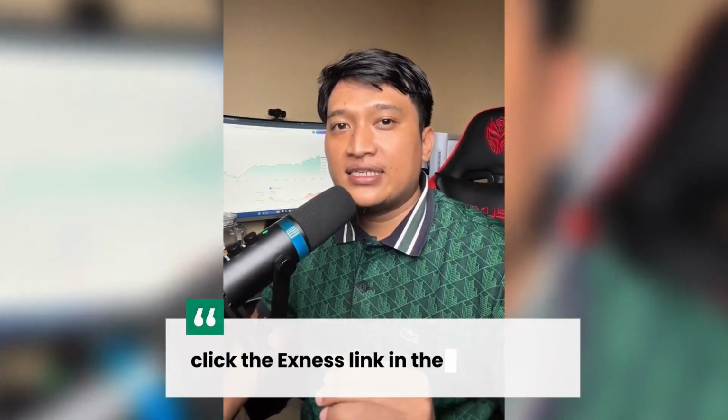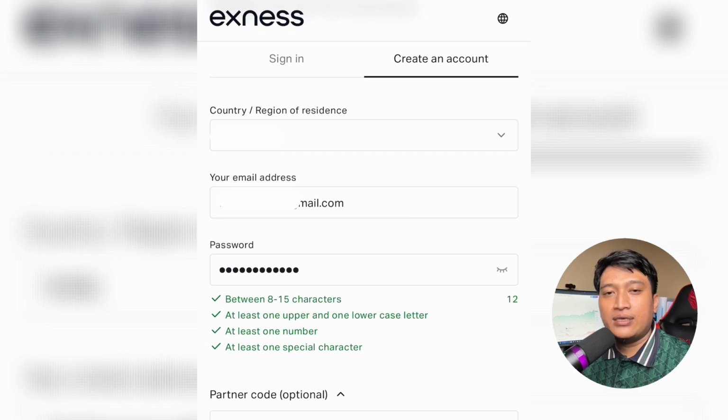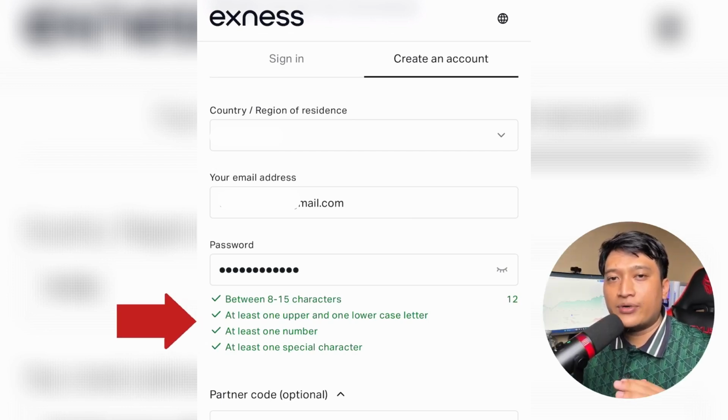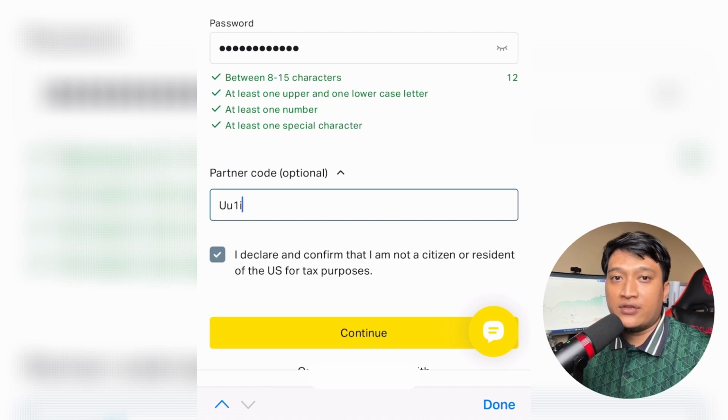The first step, register Exness. In this first step, just click the Exness link I already prepared in the description. Then click the register button. Fill in country, email, then password. The password must be a combination of uppercase letters, lowercase letters, numbers, and symbols. Click partner code and fill in with the code